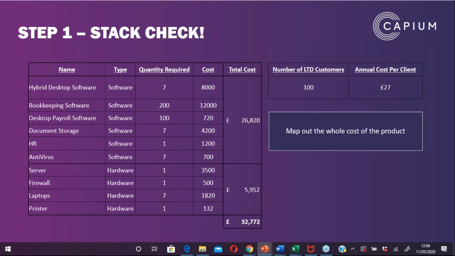And this is an illustration that's come from one of our customers, where they have mapped out the whole cost of their product pre-Capium and looked at how they could build a model that is more sustainable for how many clients they have and where they want to get their practice to. And obviously this is an illustration, there is no right or wrong answer with what the annual cost per client may be, but the first thing that we always suggest, if you are looking at